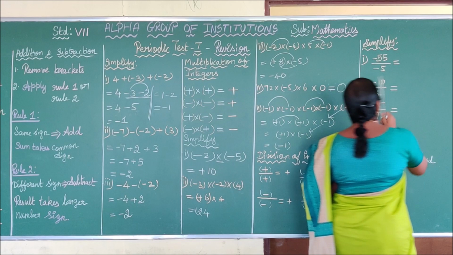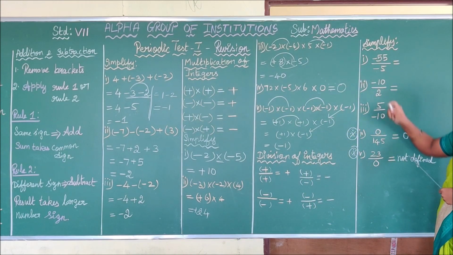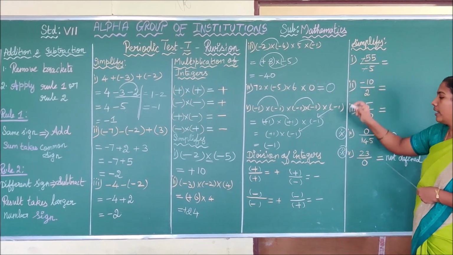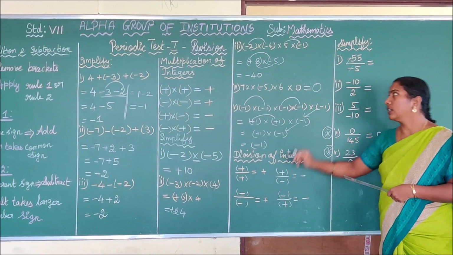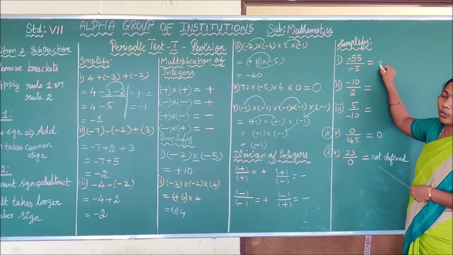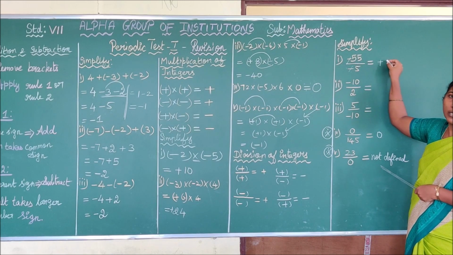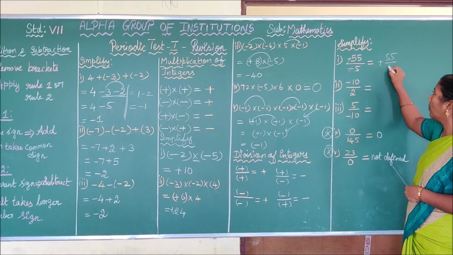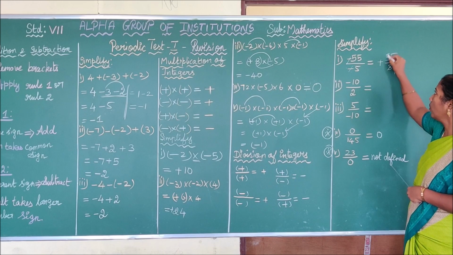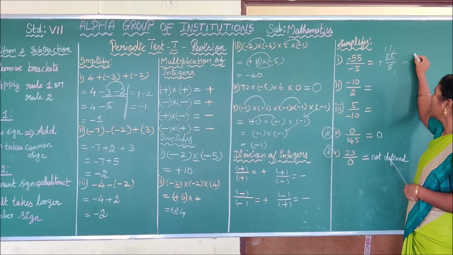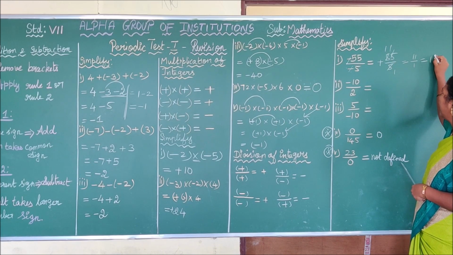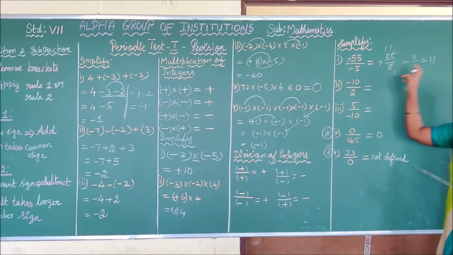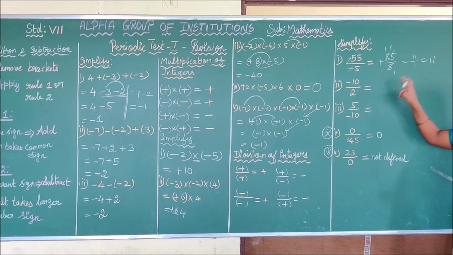Minus 55 divided by minus 5. The first step we are going to do is cancelling that symbol, minus, minus. Or you can also write minus by minus equal to plus. You can also write plus here. Okay, you can follow any one of the methods. Next we are going to cancel this number. Okay, 1 5 is 5, 1 5 is 5, 1 5 is 5. So your answer is 11 by 1. So you can write it as 11. Thus, if you divide a negative integer by a negative integer, you get a positive integer. Okay, see the next one.